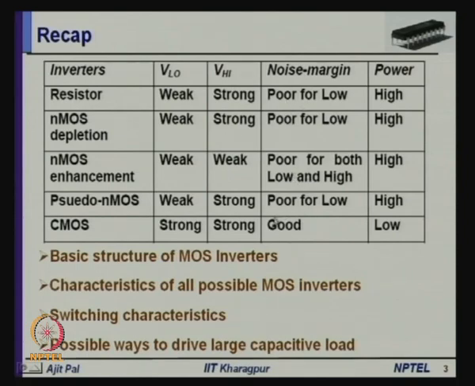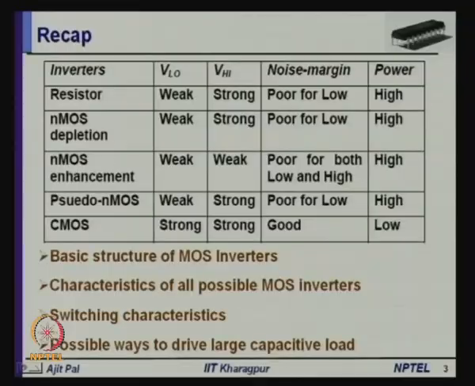But we find that in terms of all these features, the noise margin is good for CMOS, power dissipation is also low, and the low and high levels are strong. As a consequence CMOS is the choice of present day VLSI circuits, and that is the technology used for realizing present day MOS circuits. So, henceforth we shall continue our discussion primarily on CMOS,